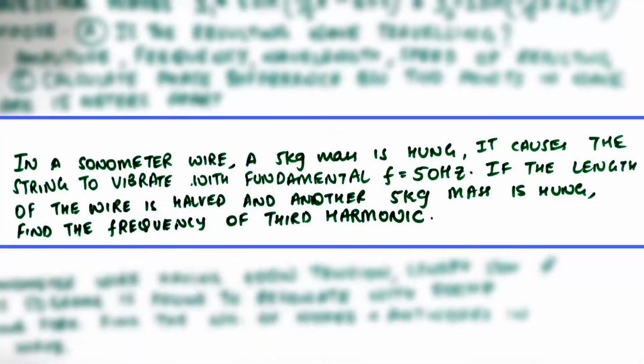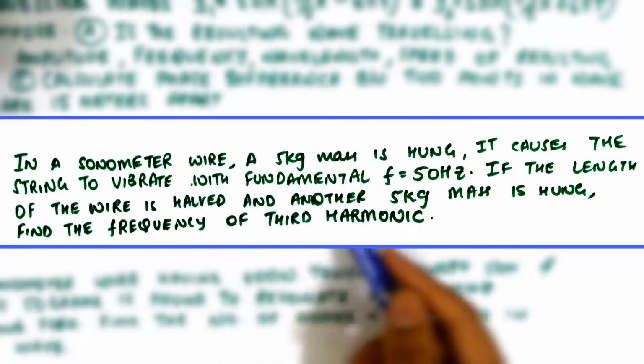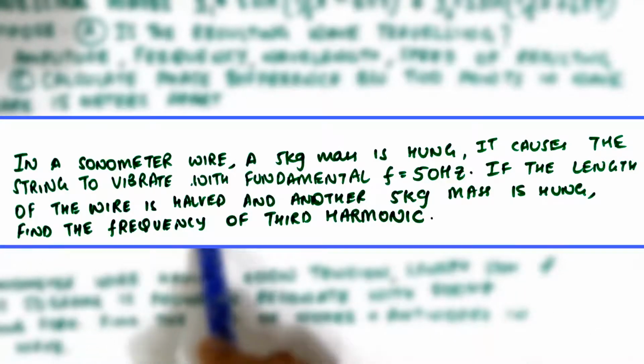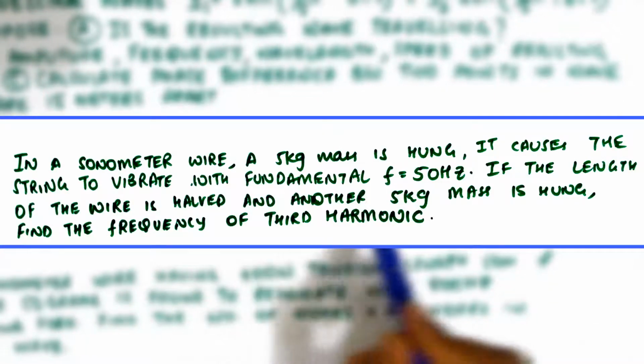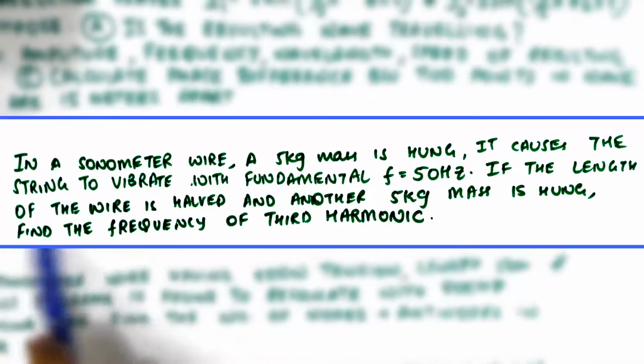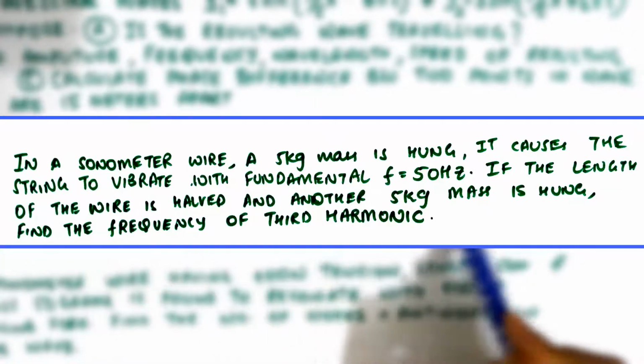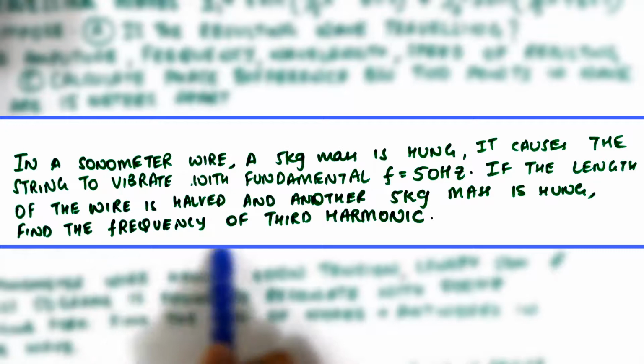We have a sonometer wire. In this wire, a 5 kilogram mass is hung. It causes the string to vibrate with a fundamental frequency of 50 Hz. If the length of the wire is halved and another 5 kilogram mass is hung, find the frequency of the